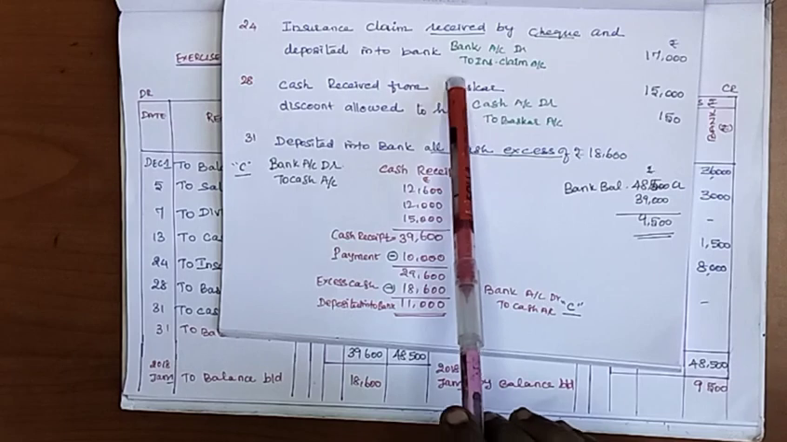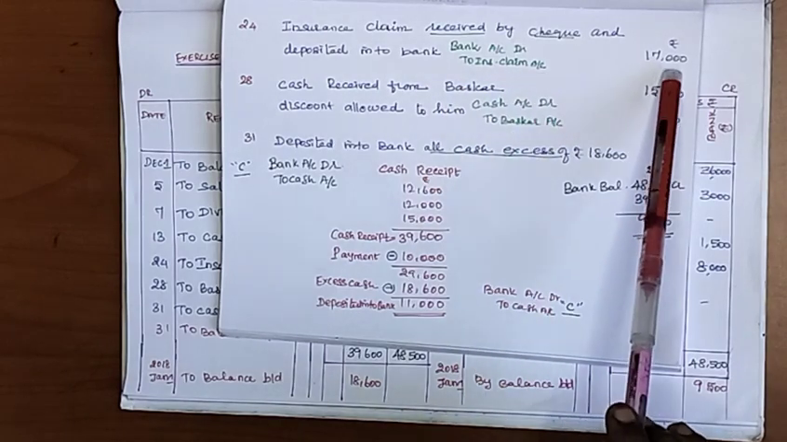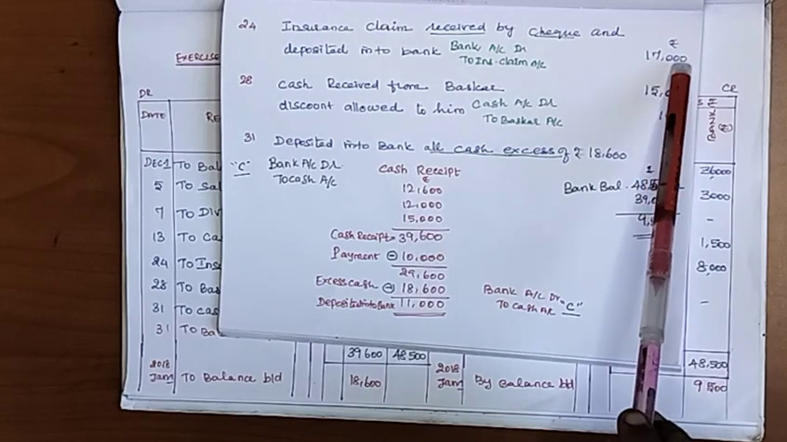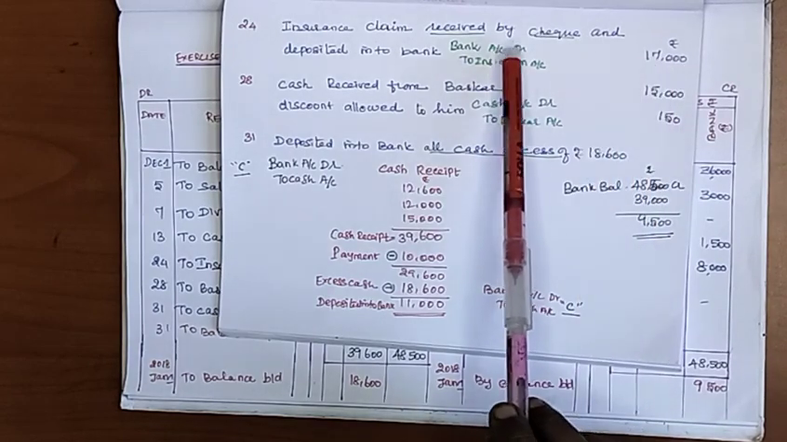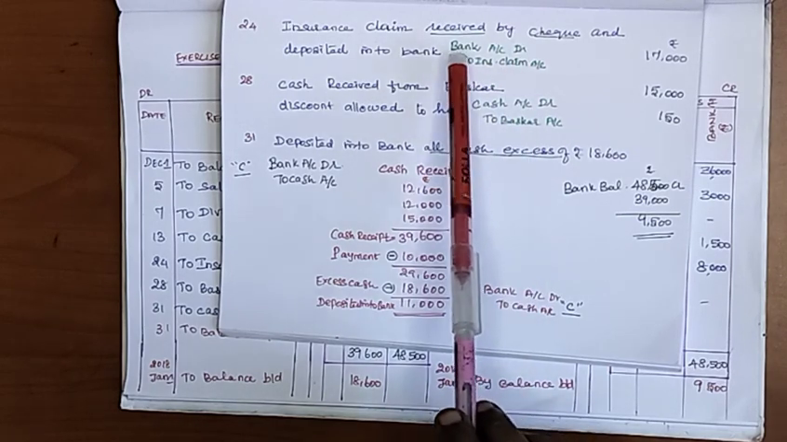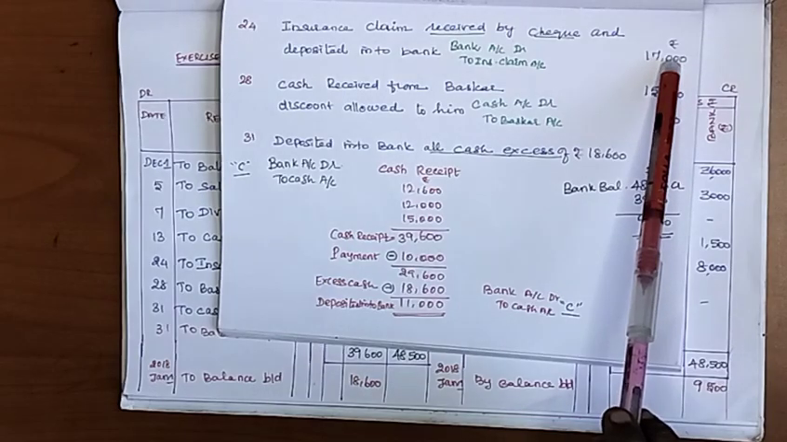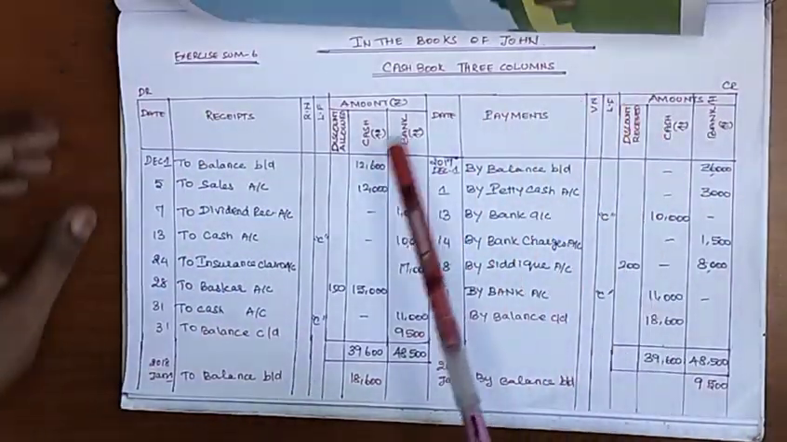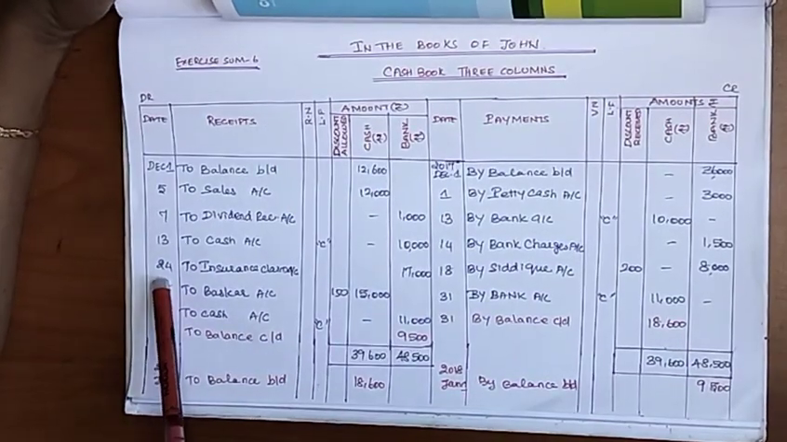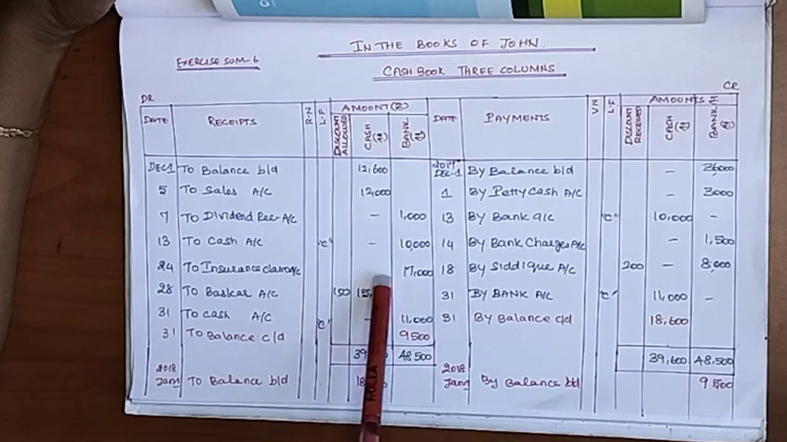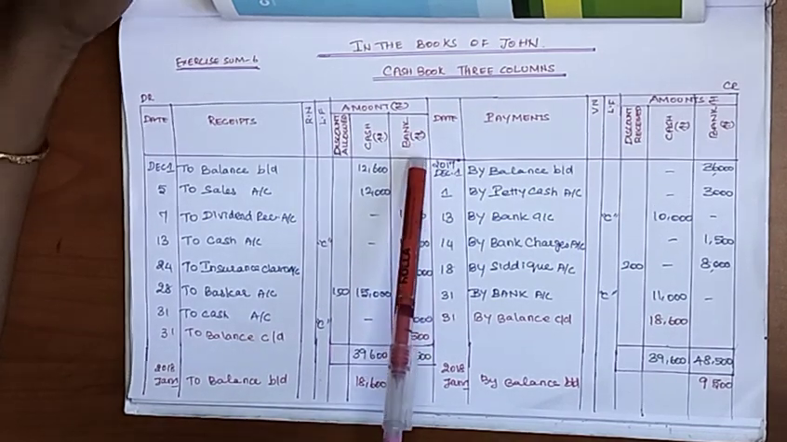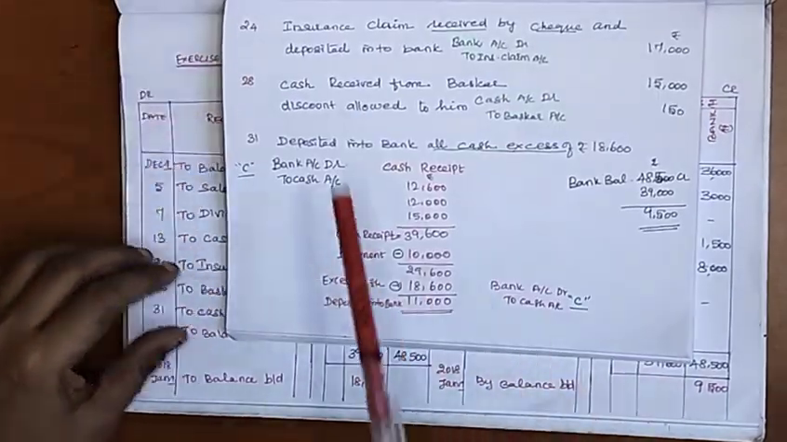Have to write to insurance claim account. How much rupees? 17,000 rupees. Where you enter that 17,000 rupees, you have to enter it on the debit side, bank column. Debtor means debit side bank column. So on the debit side, dated on 24, into insurance claim, you have to enter 17,000 rupees in the bank column. We entered. The next transaction is